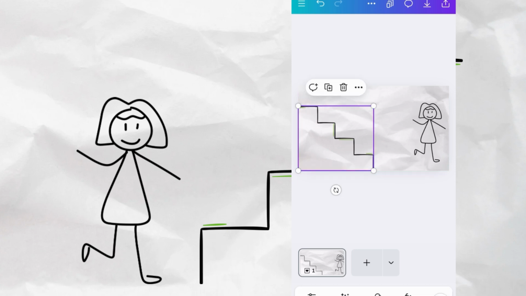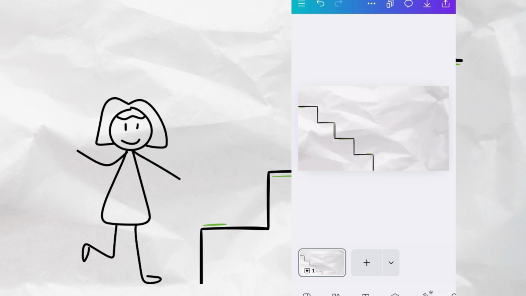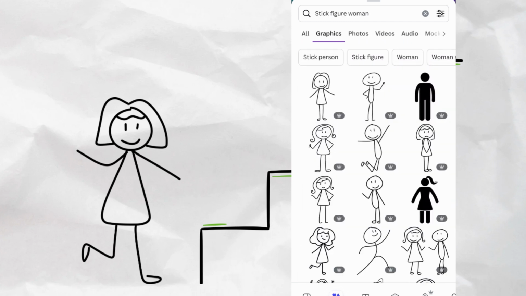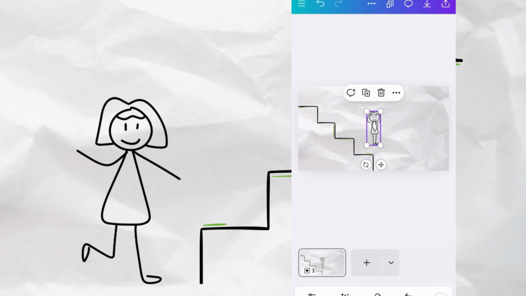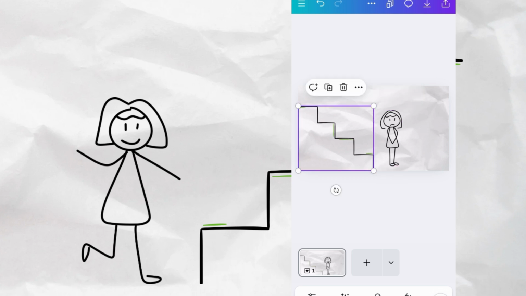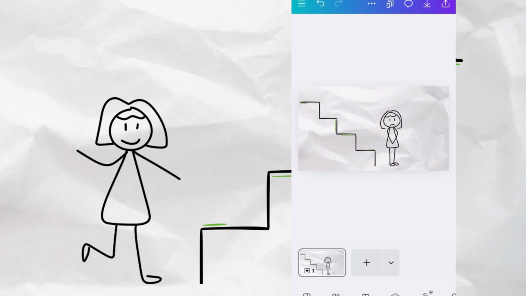So here I flipped the stairs the other way and I switched out the characters because I wanted her to look kind of sad, and I found the perfect one. And I just adjusted, edited, and put the scene to where I want it. And like I said, you could add other things to the scene,